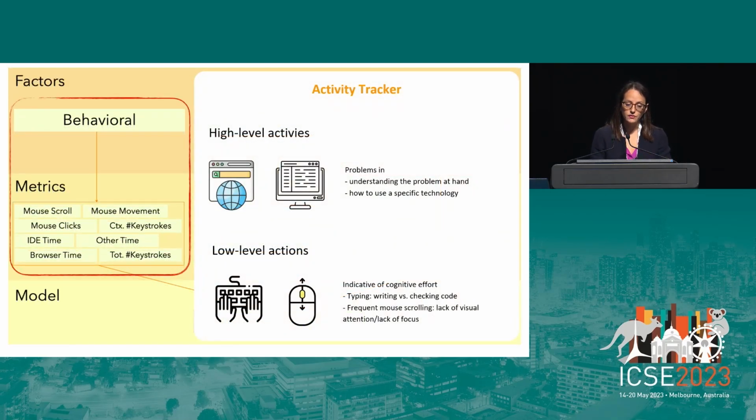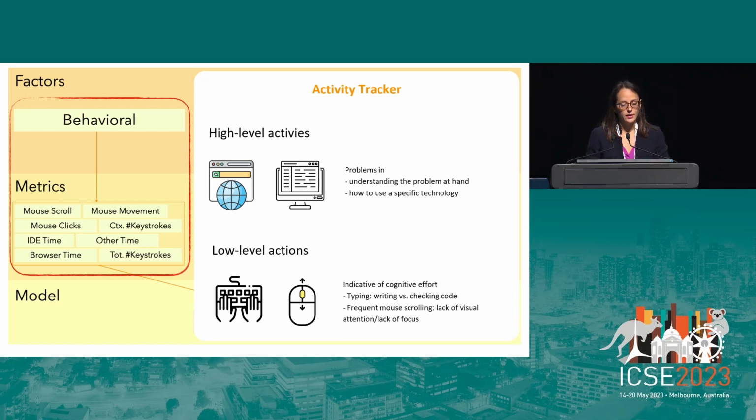So at the level of behavior, what we observe is the metrics that can describe the high-level activities of developers. So whether they are, for example, focusing on the IDE rather than on the browser. Why is it relevant? Because based on previous work, it seems that this kind of information is useful to understand whether, for example, a developer is experiencing a problem in understanding the problem and the task at hand, whether he or she needs to seek further information, for example, whether a person is navigating the web, or let's say on Stack Overflow